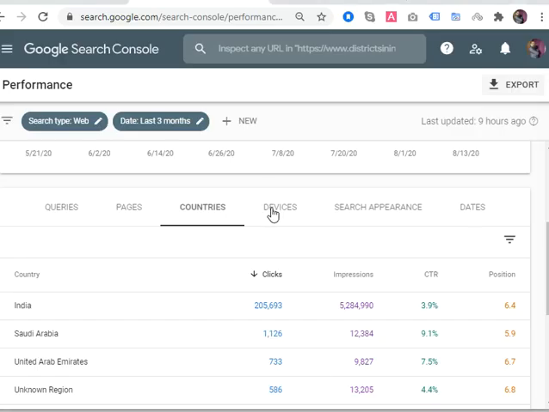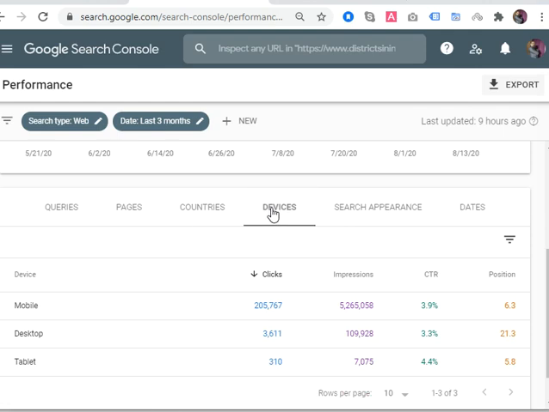Here is the device option, and I hope you remember the device option you already saw in Analytics. But what is the difference? The difference is that the Analytics device option gives you in-depth information about the device, meaning which device and for how long. But this analysis is beyond the landing page. This means the user has not yet appeared on your website; the user searched for the keyword, and your page is loaded on their device, so it gives much less information.